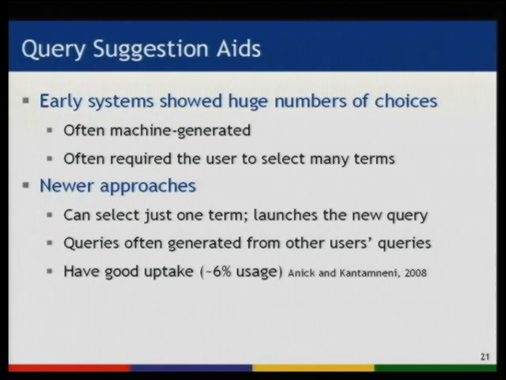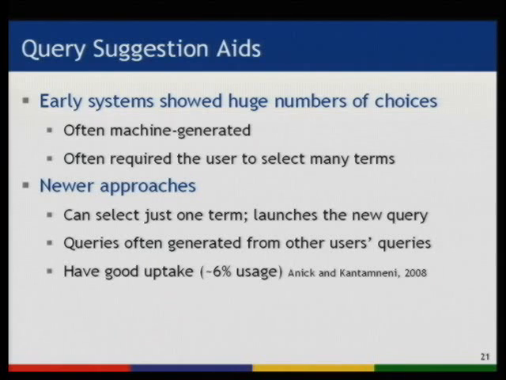Also, the queries are often generated from other users' queries, and there was a recent study, SIGIR last year, by Diane Green and her associates, showing that at least for their algorithm, the user-generated queries were better than the automatically generated ones. So we haven't necessarily come up with algorithms that do better. Now, maybe you guys have, and it'd be interesting to know about that.